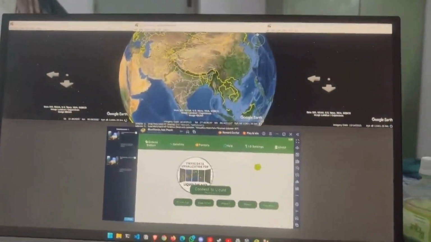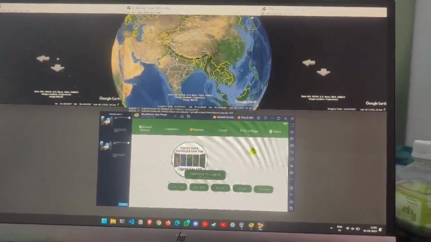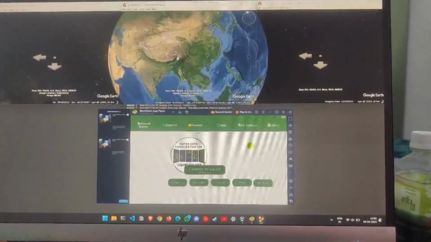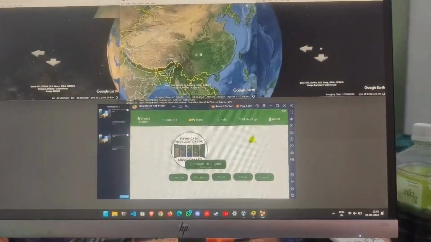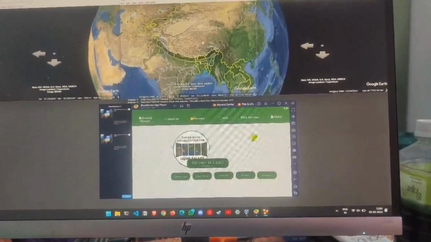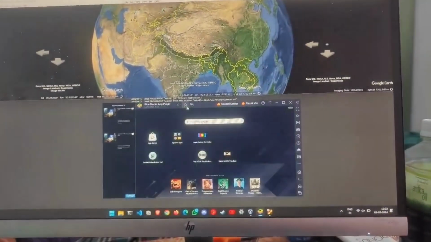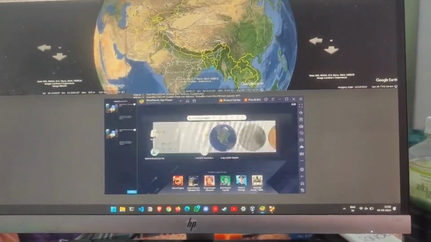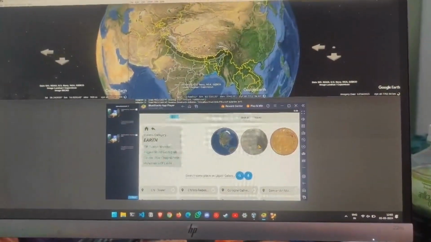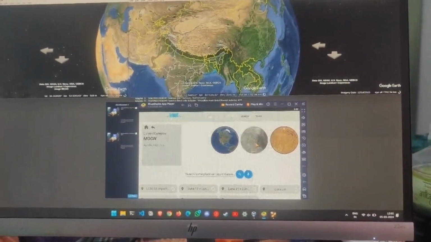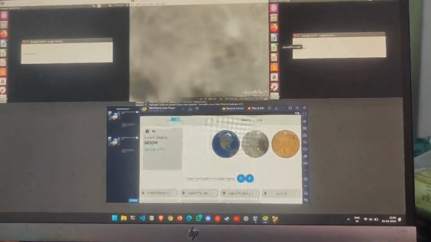So this is my Liquid Galaxy rig. LG1 is the master machine and it controls the slave machine. I can zoom in and move around the planet. Now let's start with the Liquid Galaxy controller. The Liquid Galaxy controller enables us to switch planets. Let's say I can go to the moon